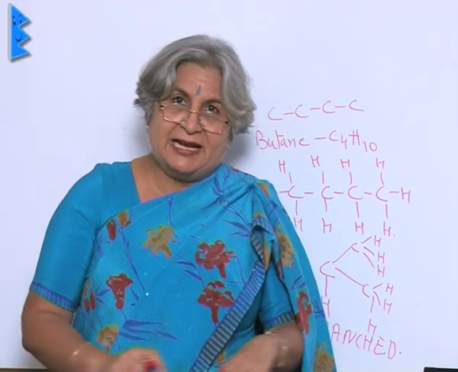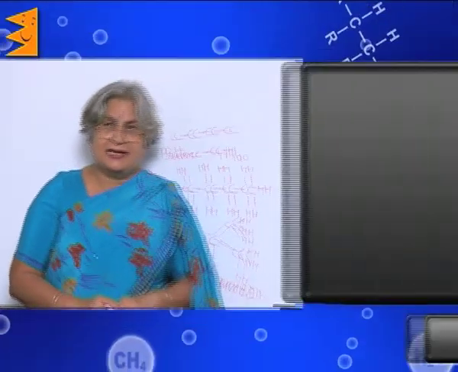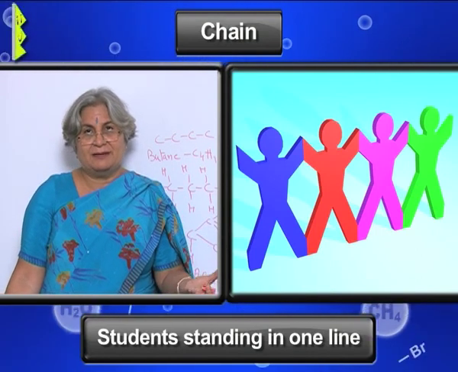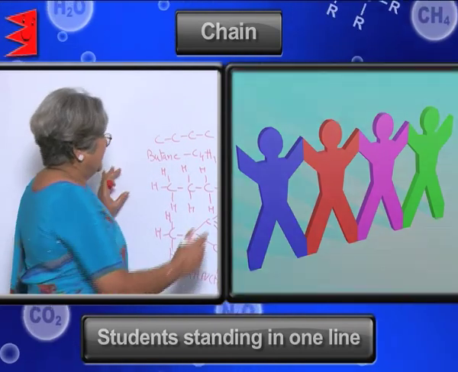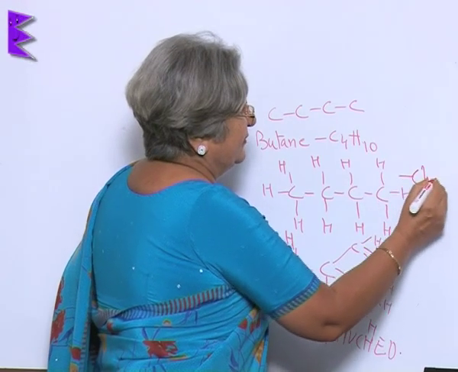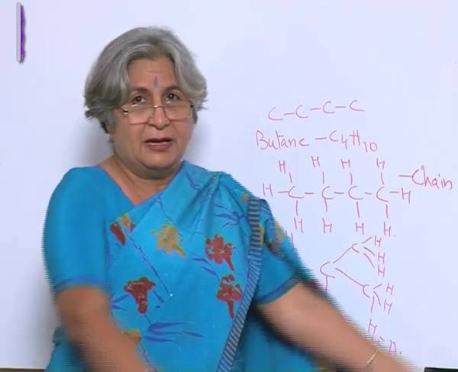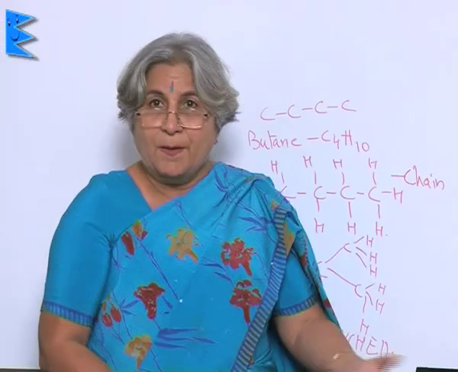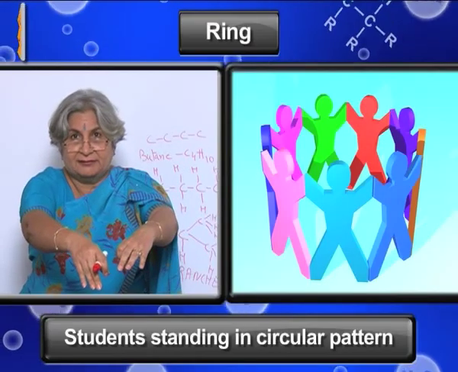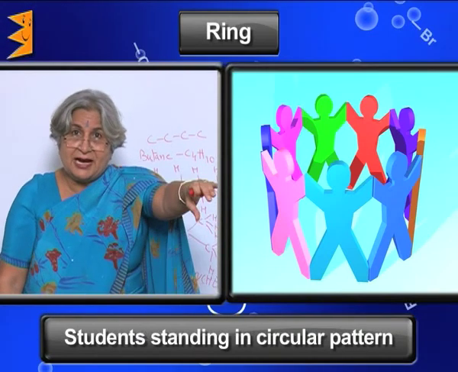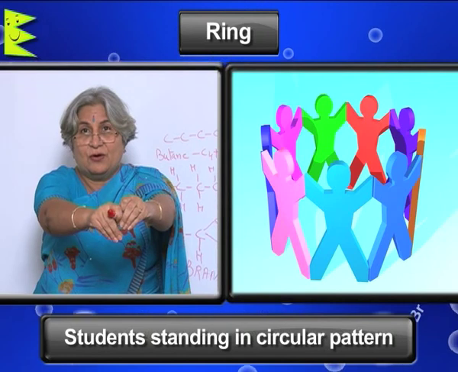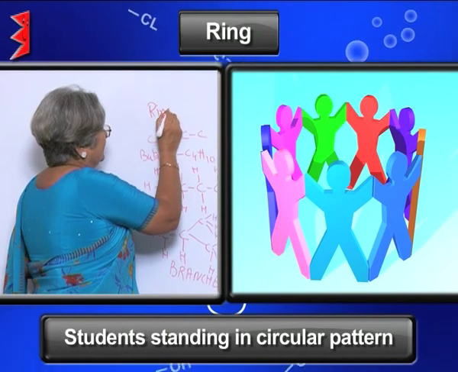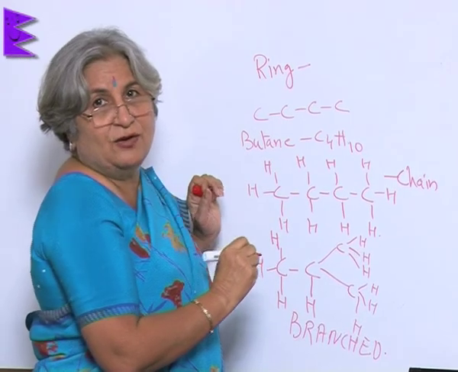Now, you see, interestingly enough, say there are 10 boys and girls standing in one line, they can just hold their hands. So, what will that resemble? That will resemble a chain like this. This is a chain. Or maybe the last student is holding hands of 2 students, that will be branched. But what if they form a ring? The first child and the last again hold hands together. So, that will be the formation of a ring, as in the case of cyclohexane